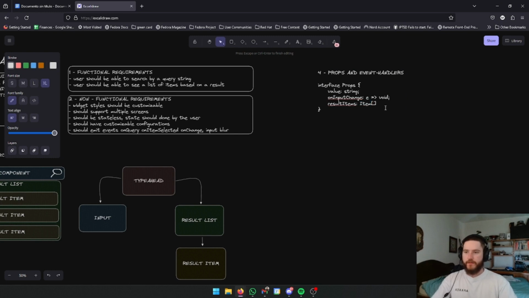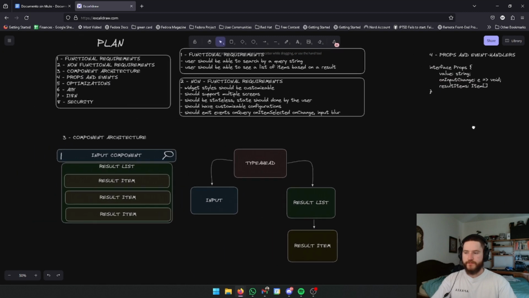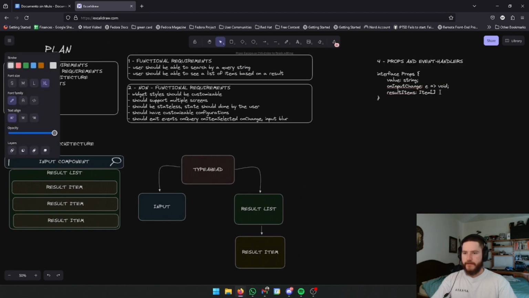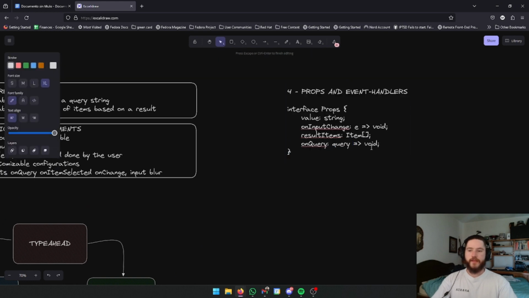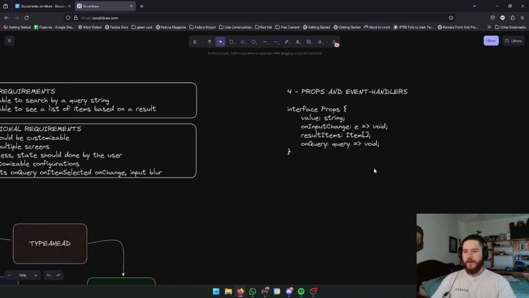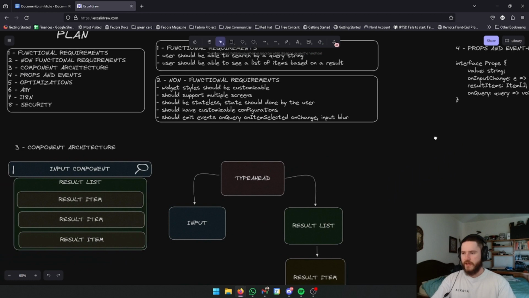I'm gonna define this later. The result items, and then what else? Yeah, events. So on query, and that's gonna be a function that we can pass. So the event handler will receive the query, and then maybe here we can make an HTTP call or something. And yeah, that's basically all the props that we need,